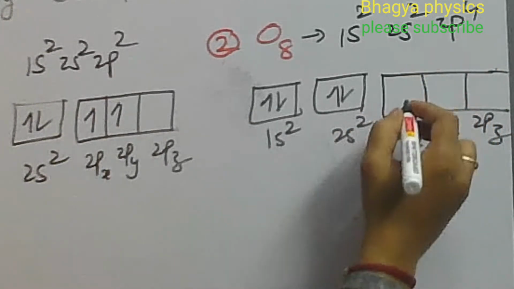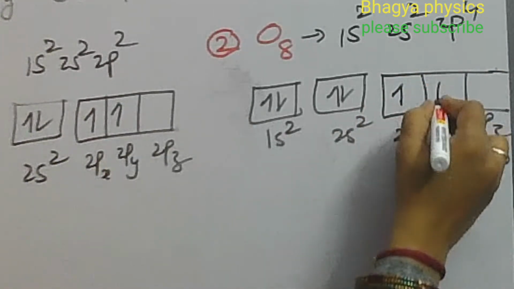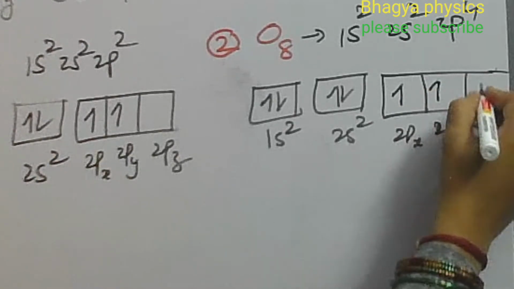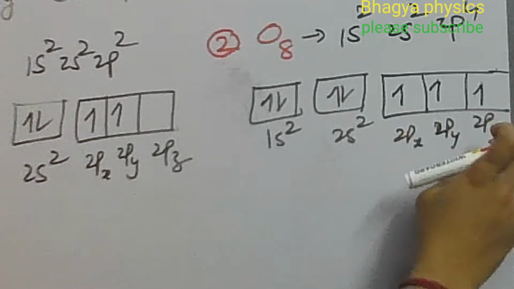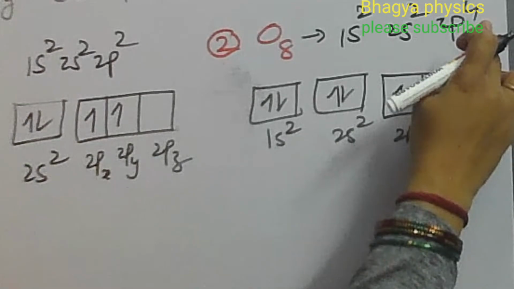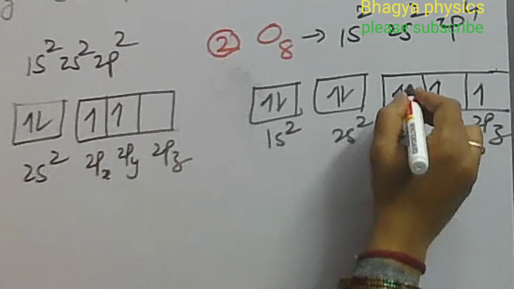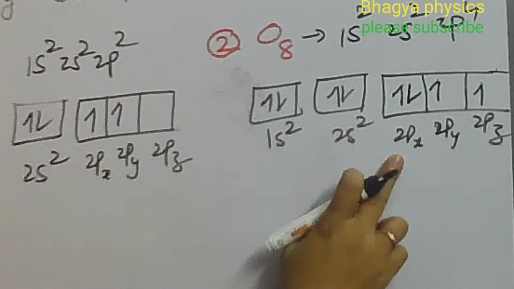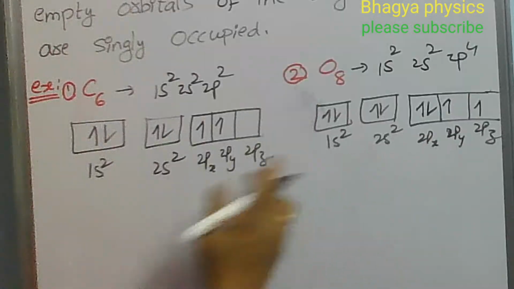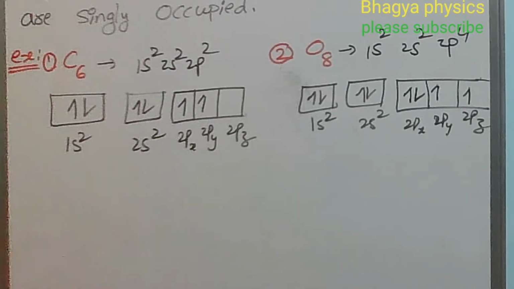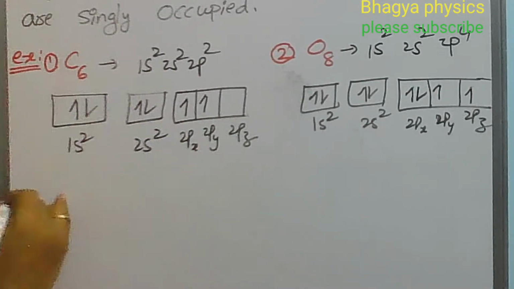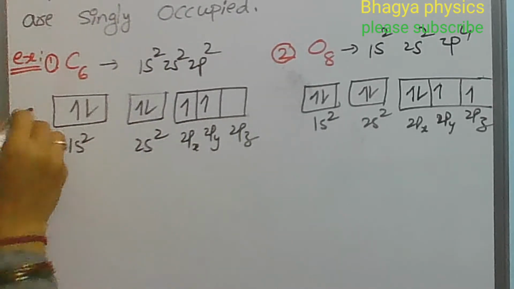First of all, three electrons will occupy these three degenerate orbitals, which have the same energy. The extra one electron in 2p4 will start pairing in the 2px degenerate orbital. That is the difference between the carbon and oxygen electronic configurations. Now let us see how the electron configuration changes in the excited state; this one is the ground state.